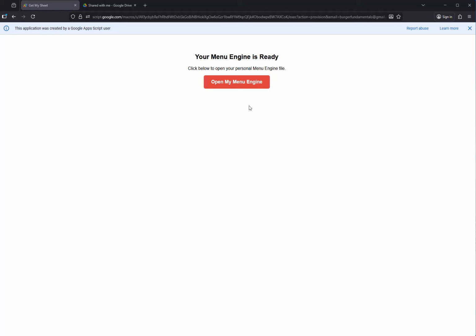Alright, today we're going to show you how to use and activate your new menu engine once you've completed purchase of one of the menu engine purchase links on the site. So first thing you're going to do is you're going to be redirected to this landing page where it says open my menu engine. You can simply click that,